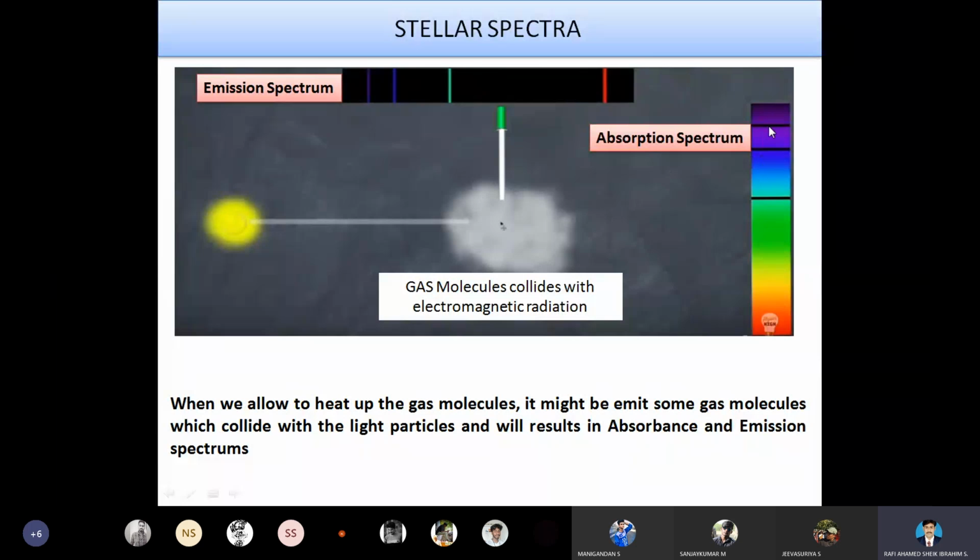So this is the absorption spectra shown here. Here we see dark lines. These dark lines are nothing but missing emitted radiations, emitted rays, which we have shown here. So we can see the missing lines; the missing lines from the absorption spectra occur in the emission spectra. These are what we are going to study from the spectroscopic nature, and how spectroscopy is used in astronomy.